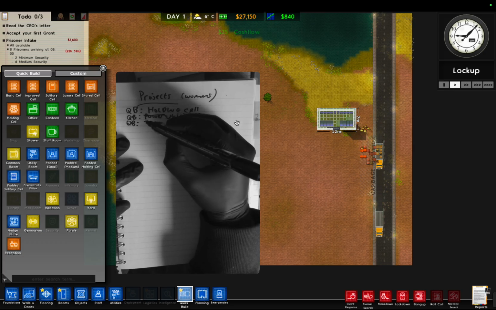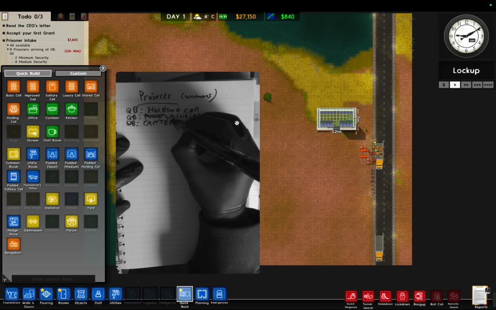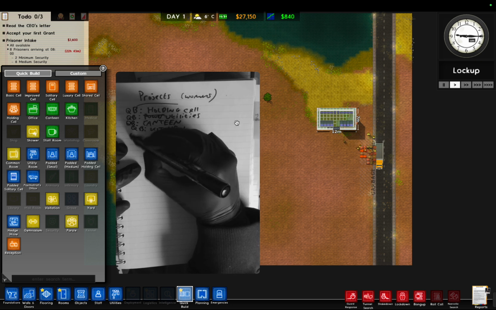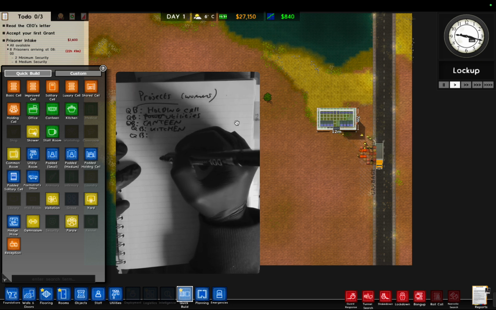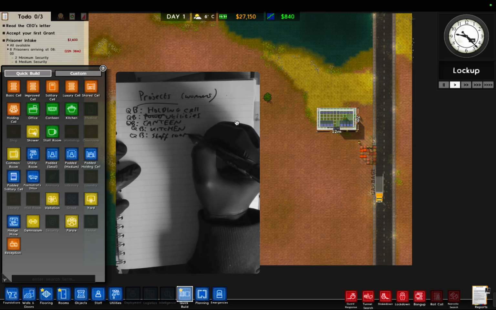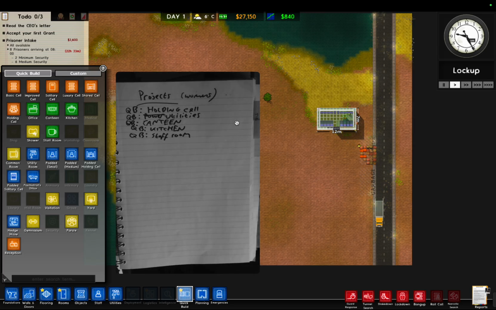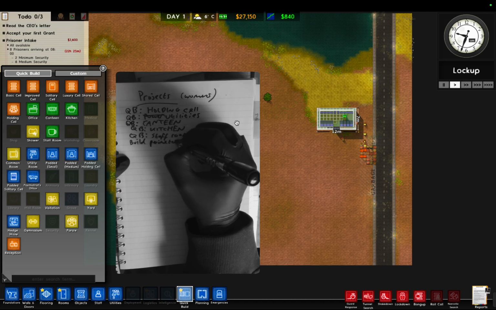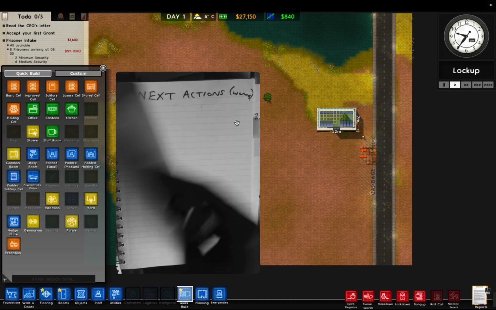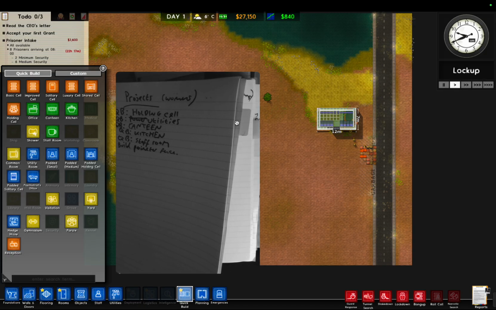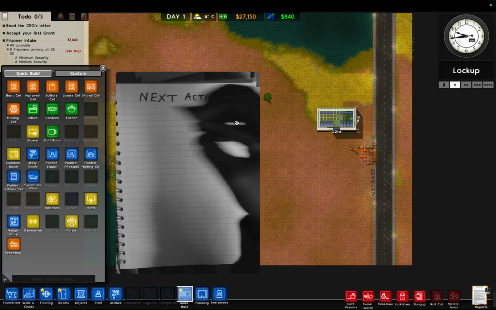Quick build canteen. Quick build kitchen. Quick build staff room. And perimeter, and build perimeter fence. Right, so if I go to next actions, yeah, I'm going to put quick